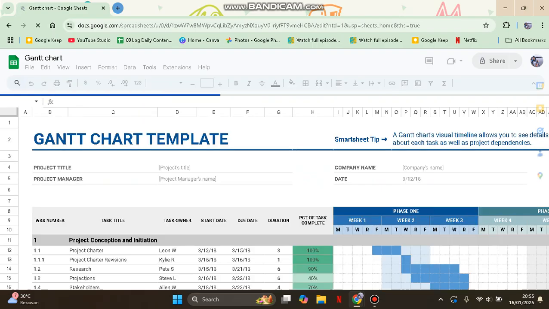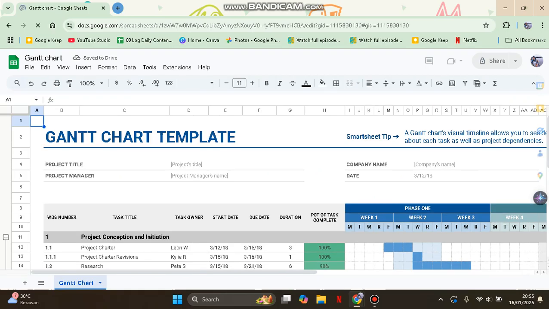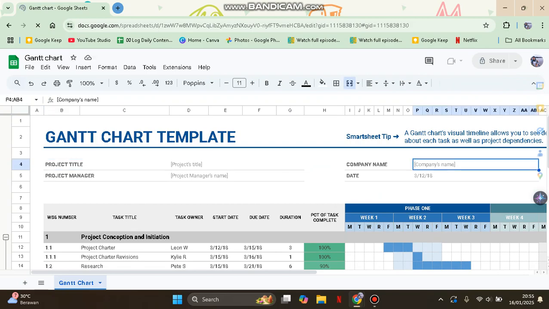And as you guys can see here, this is the Gantt chart template. You can plan your projects using this template. You can just modify it with your own. You can add the project, your calendar, and enter your dates. For example, I'm going to just change the projects